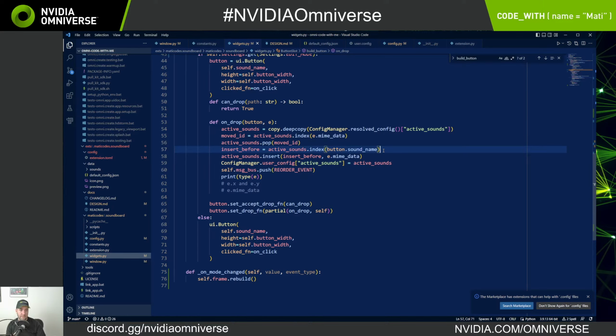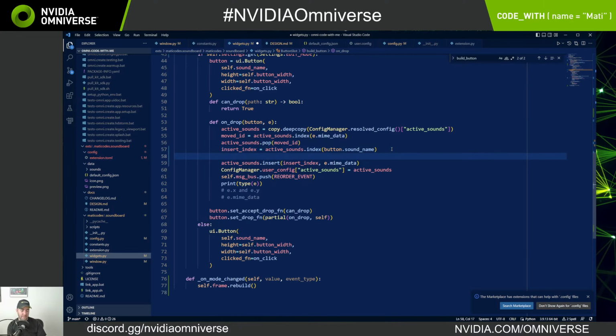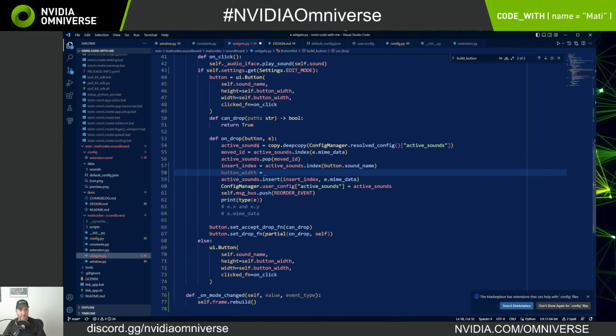So let's call this insert index. And then all we need to do is get the button width, and this is where we need to pass in the button, because right now I've got this thing,